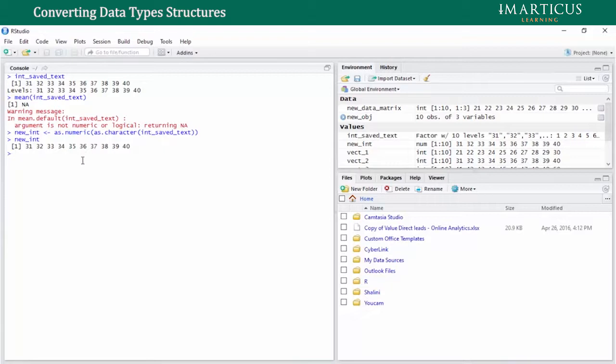To go a bit further into this, let's say you are doing some kind of transformation, some of the functionalities, say you are using an if-else statement. You have to understand that some inbuilt function returns the data in a specific data type. So let me say the same new int over here. If I want to do some kind of operation, let me compare it with a value of 34. So if I use an inbuilt function like if else